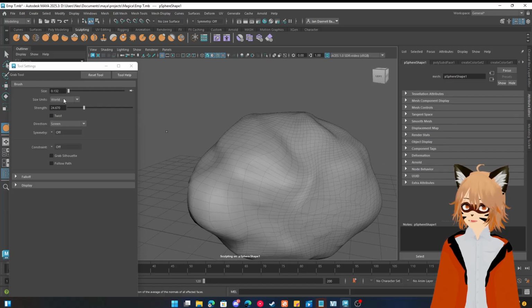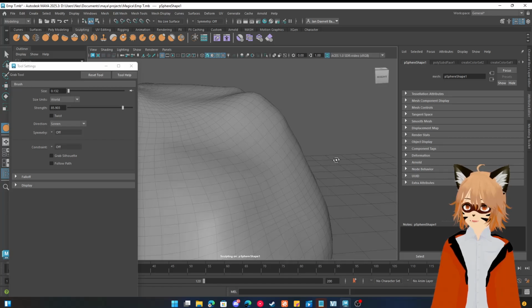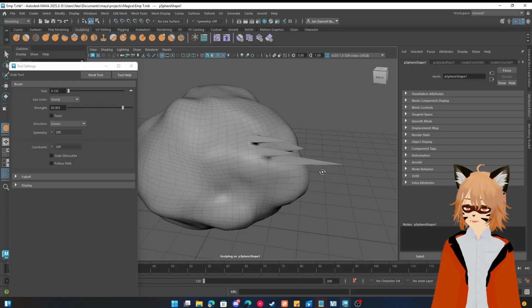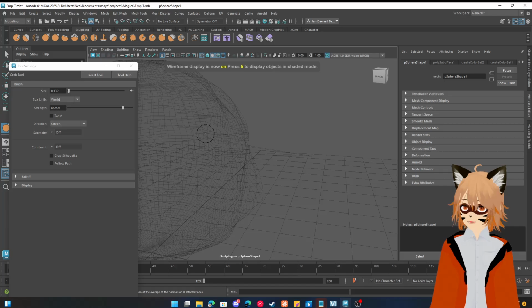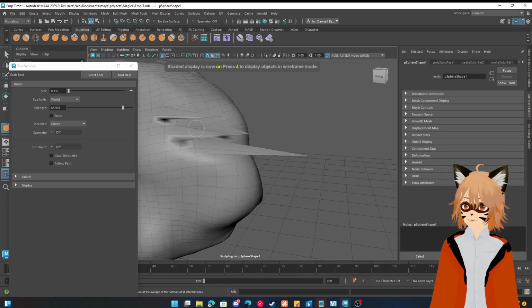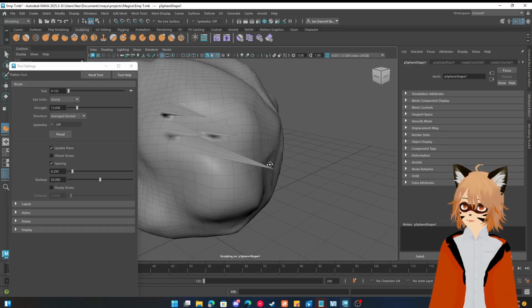And I'm going to grab it out. Okay. So as you can see here, it looks very sharp, right? Because we grabbed it. So we're going to go back to, sorry, the flatten tool